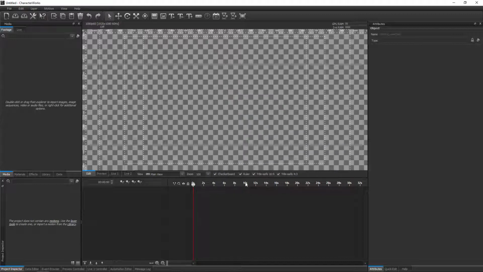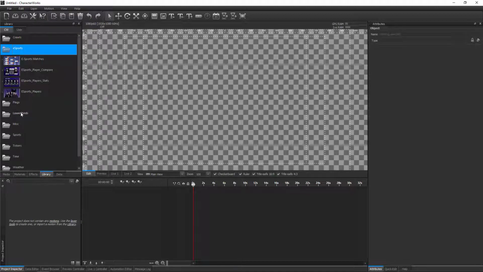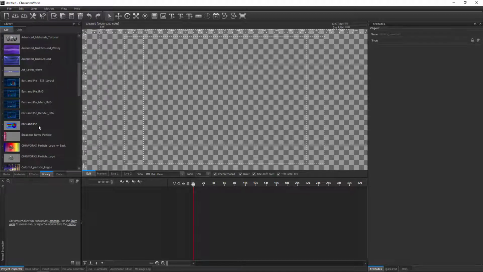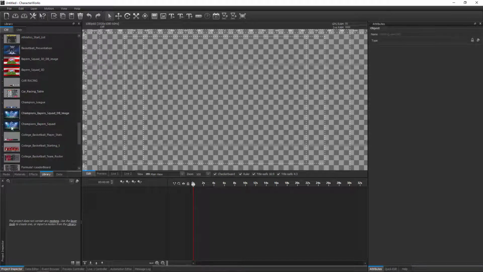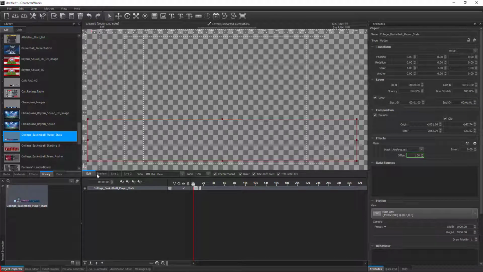One of the most effective ways of adapting to a new software platform is to study the sample projects available. CharacterWorks installation provides tens of ready-to-use sample projects. A large portion of these are accessed via the library section. Samples in the library can be imported instantly into your CharacterWorks project by using the import command found in the right-click menu. All layers in the imported project will be displayed in the project inspector.